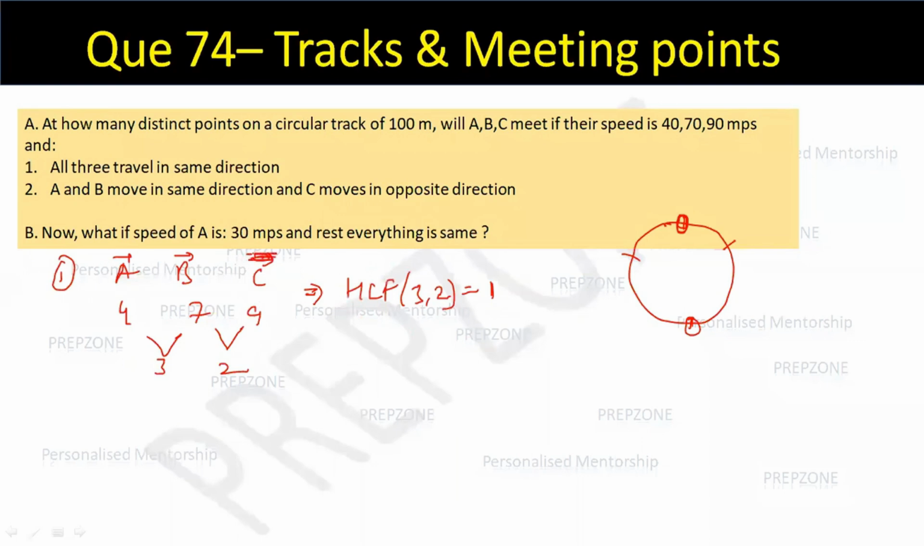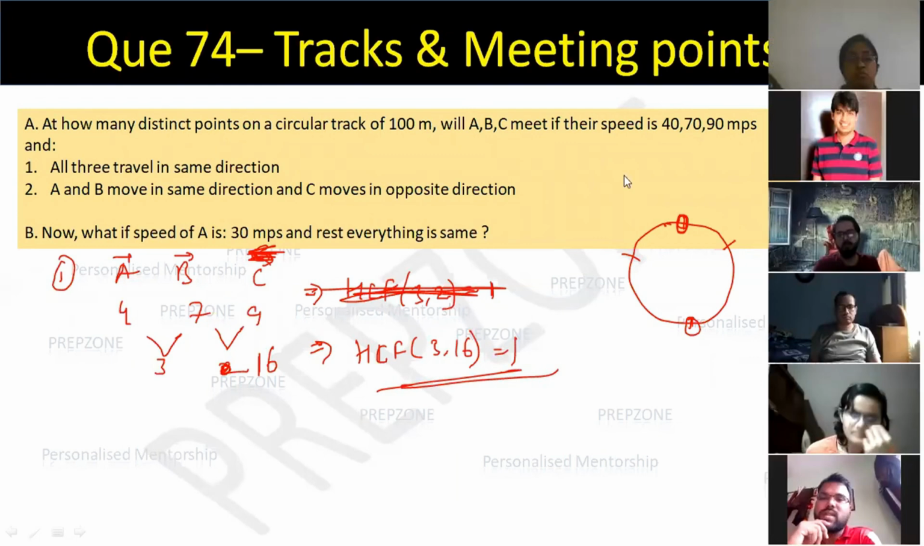Now I am saying that this C is going in the reverse direction. So what will happen? They will meet at 16 points. Don't be scared, tell me. They'll meet at 16 points. Right, so what will the answer be now? One only. Why? Sir, because if we divide the circle in 16 parts and the rest in 3 parts, Vishal,